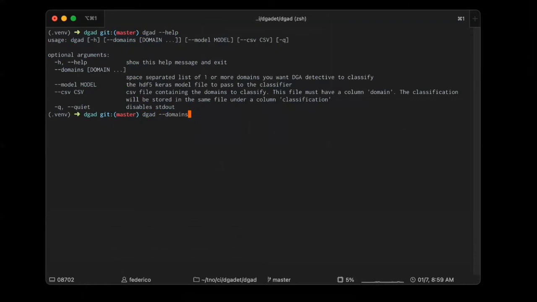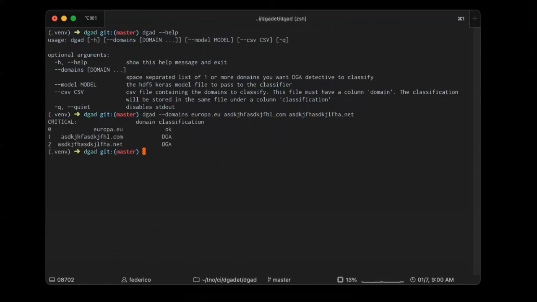I'll first classify a small list of domains, for example europa.eu and these two randomly generated domains. The DGA Detective outputs the classification result to the terminal. So we see that europa.eu was classified as an OK domain, and the other two as DGAs.